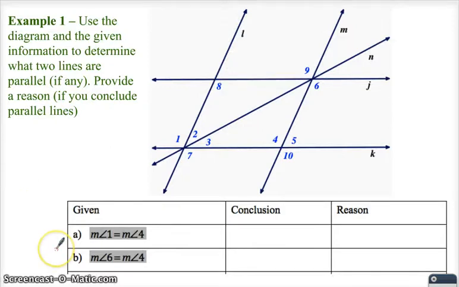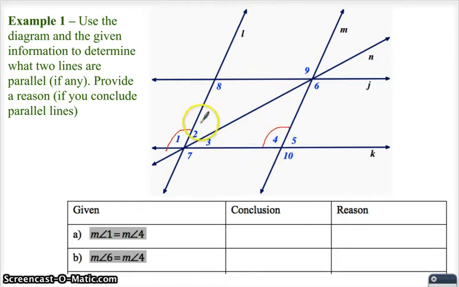All right, so here's the picture. It doesn't tell us about anything being parallel. We're supposed to be trying to find that out. What if we knew 1 was congruent to 4? If you knew 1 was congruent to 4, what would that be able to help you establish? Sorry, technology thing there. 1 is congruent to 4. Okay, so 1 is right here. If I knew that was congruent to that,